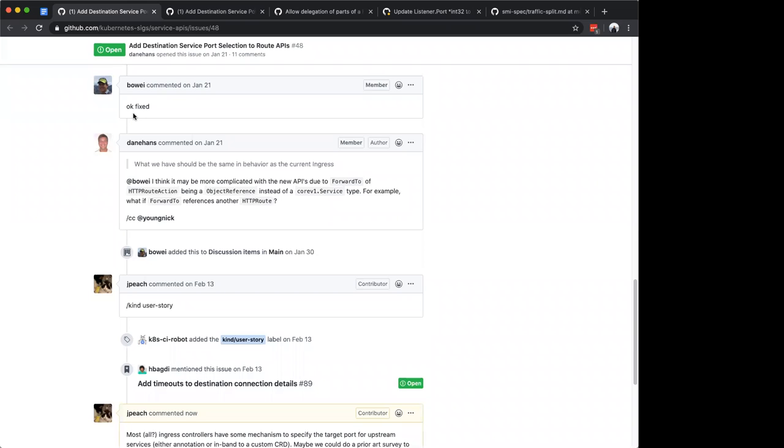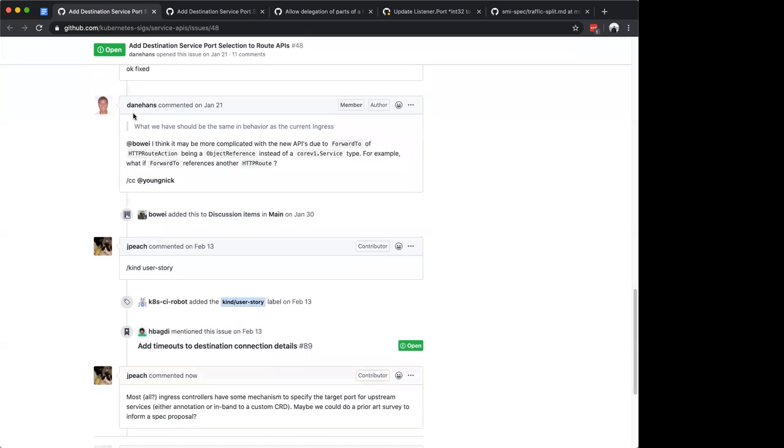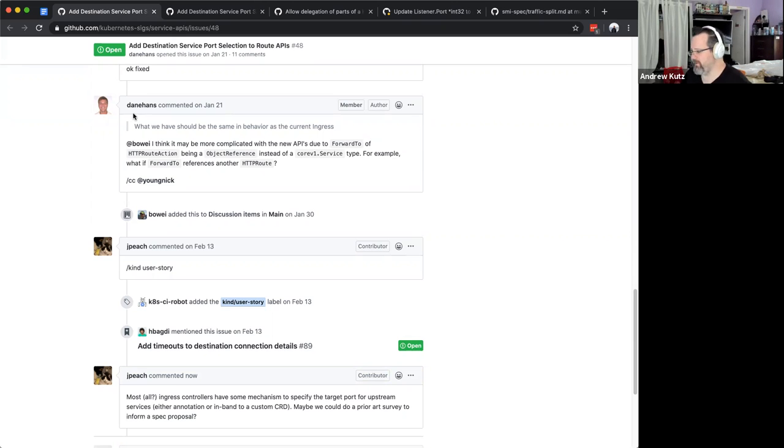this becomes pretty easy if the HTTP route action, the forward to, is always a service. But I'm trying to think, if we add the destination port as a property to HTTP route action, and the forward to is some other object that's not a service, how do we handle that use case? So I'm going to suggest it actually shouldn't be an HTTP route at all, and you also start encoding parts of the service spec into your routes that you may or may not want to do. But again, this is something I'll talk about later. But I could bring it up now, but